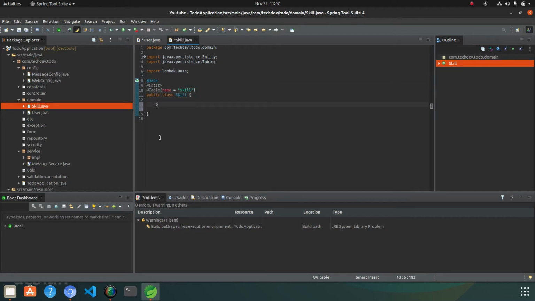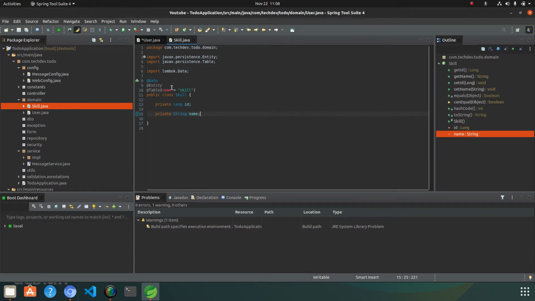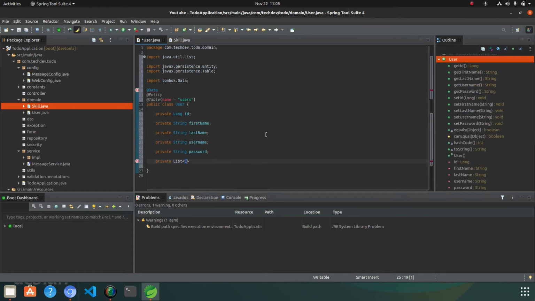So let's create private long id, that is the skill ID, and private String name, that is the name of the skill. So one user can have multiple skills. So we will create a one-to-many relationship in the user for the skills.